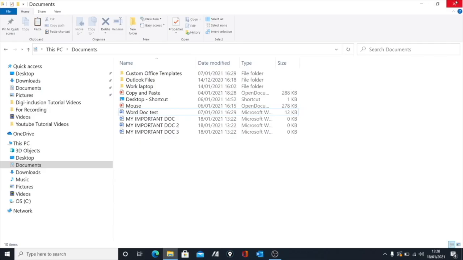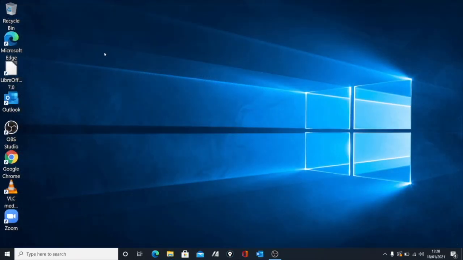Now there's a similar process for this with emails and for any different application that you use. So it's a good idea when you're just getting to know how to use a different application to find out where the trash can is, or the bin is, or the recycling can, whatever they call it. Find out where it is so that you can know how to restore things if you accidentally delete something.